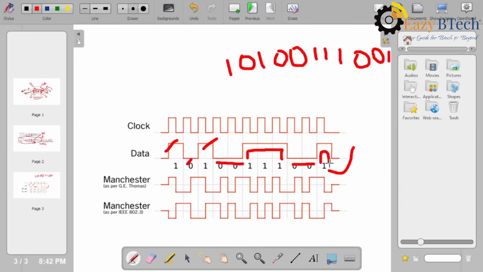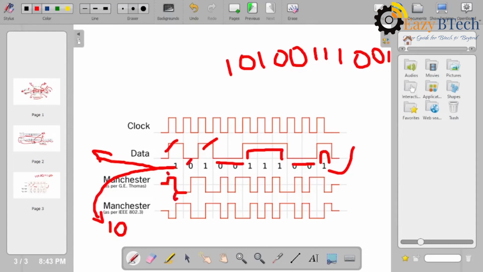See, the first bit is 1, right? This 1 bit is divided into 2 bits: 1, 0. See here, we have the clock pulse, 1, 0.